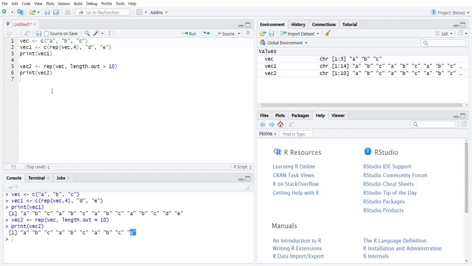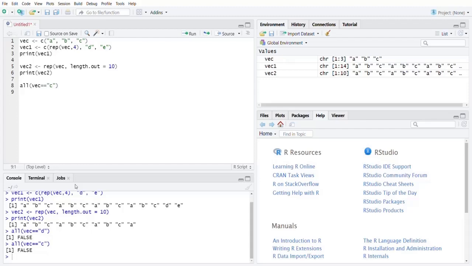Besides this, there are some very useful functions relating to vectors, especially character vectors. So we can do some checks. For instance, let's say we try to find out if there's a letter D inside of the vector that we have. If I do this, it says false because there's no D inside of vec. We only have A, B, and C. Let me try with C, and it should give you